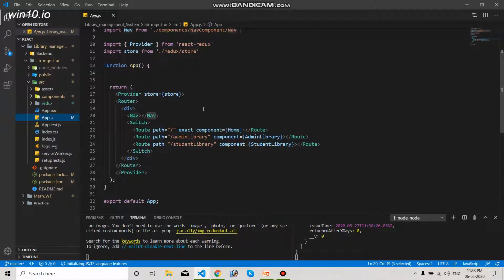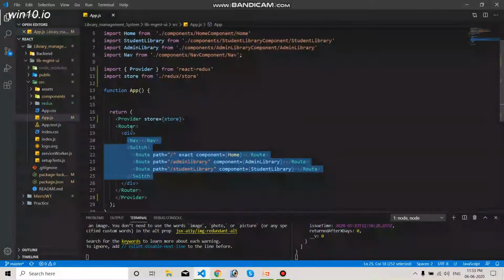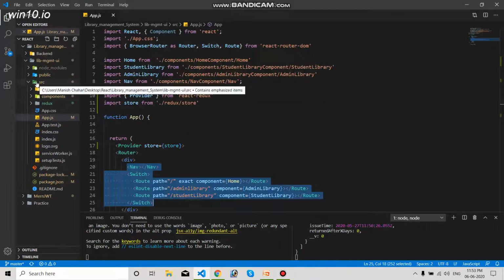Now if you are creating this project for the first time, then within this div you will have a div tag here, and within this div tag you will have a header tag instead of all this. So if you are using a new project, you have to remove all that, and you can use this code in place of that. What I have done here is, don't focus on the app.js now. First you are going to create a folder inside the src folder.